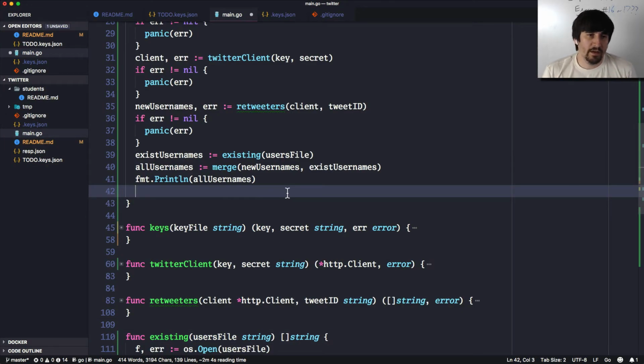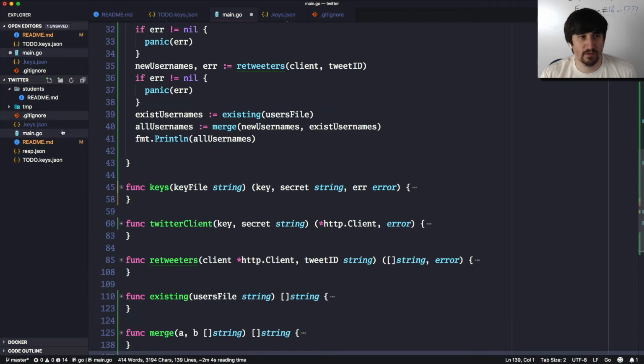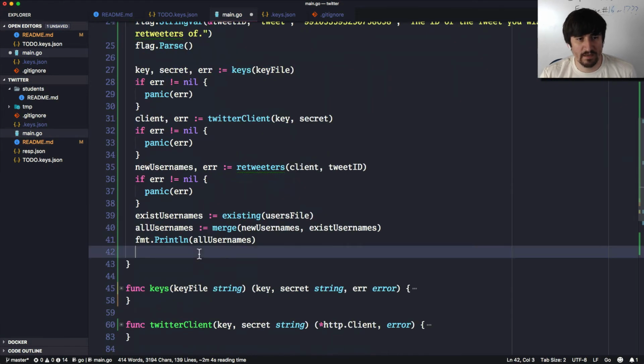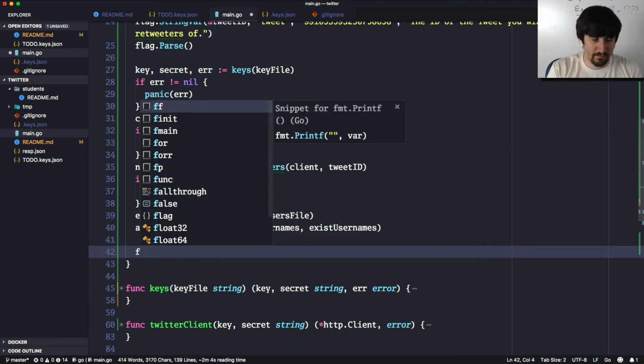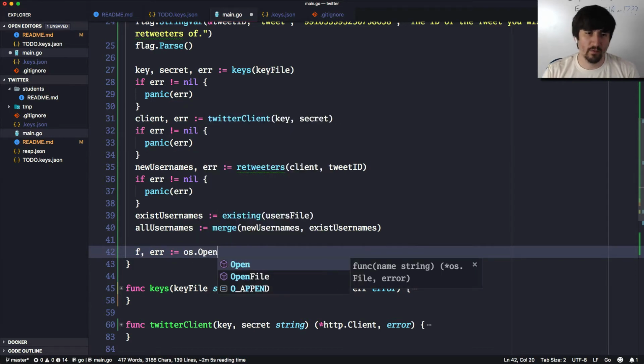Okay, so now we need to print this out. We need to take all the usernames and we need to print them out, or not print them out. We need to merge them into this users file. We need to go ahead and print them all into it. So lastly, we're going to do something like f, error is going to be os.open,